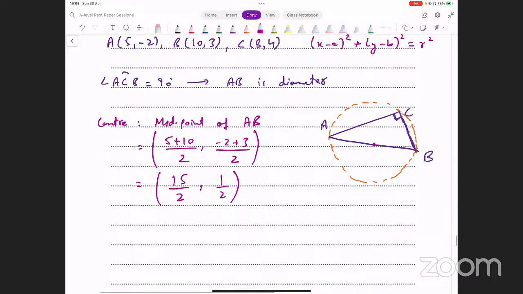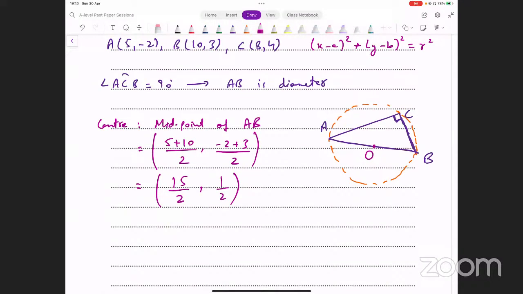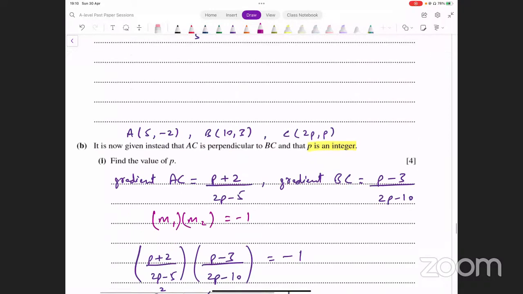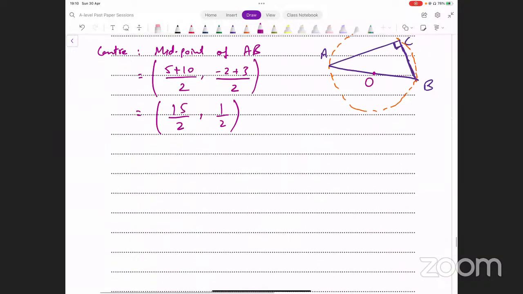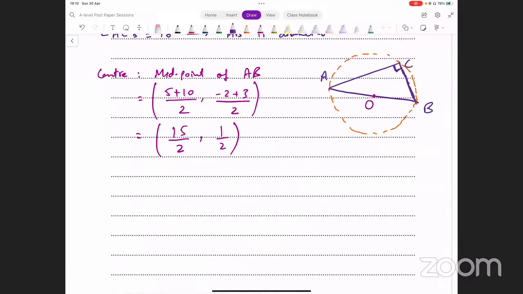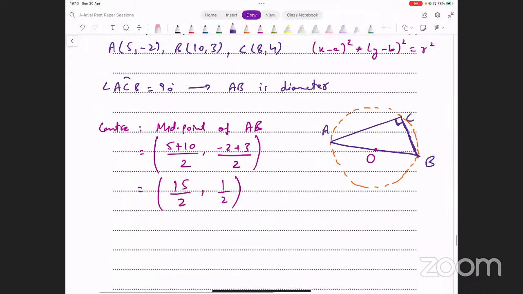रेडियस चाहिए। रेडियस के लिए हम क्या करते हैं? सेंटर अगर O है तो हम कोई भी डिस्टेंस निकाल लें, OA निकाल लें, OB निकाल लें, OC निकाल लें, या AB निकाल लें, AB का हाफ कर लेंगे, राइट? इनफैक्ट हमने AB ऊपर कहीं फाइंड भी किया था। AB डिस्टेंस निकाल लें, उसका हाफ कर लेंगे, क्योंकि यहाँ पे फ्रैक्शन आ रही है, कैलकुलेशन आसान हो जाएगी अगर हम AB फाइंड कर लें। लेट्स फाइंड AB।